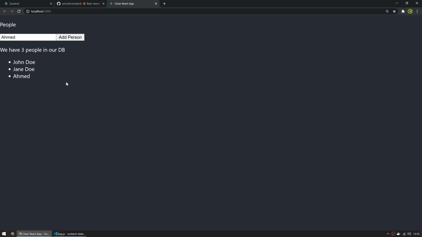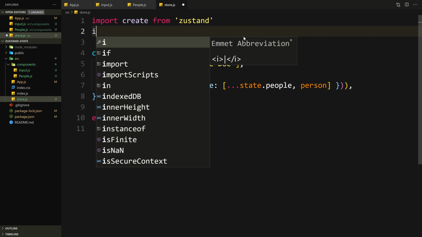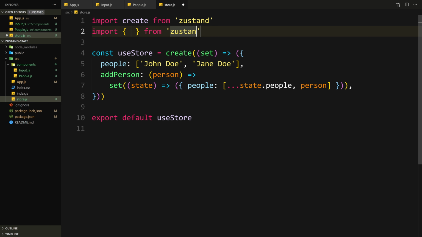Cool. One other advantage of using Zustand is that we can use some middleware that comes baked into the library that allows us to have some extra functionality. One cool functionality is that we can enable the Redux DevTools to work with Zustand. So let's go back to our store, and here we can import from zustand/middleware,